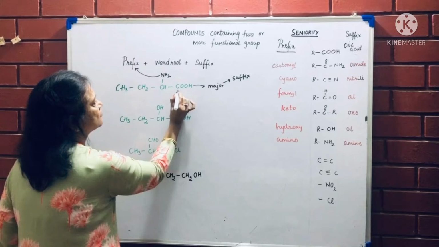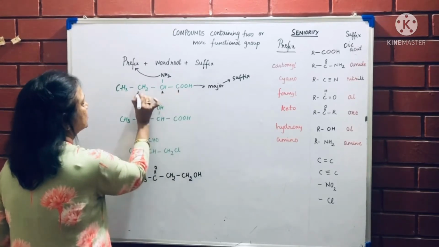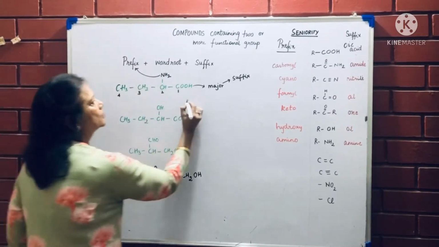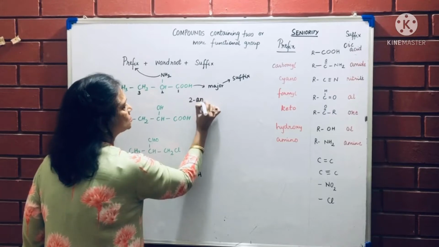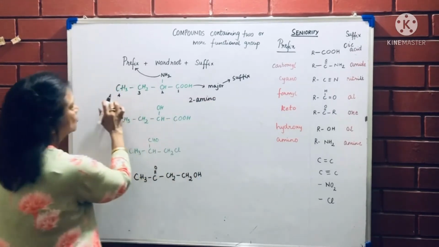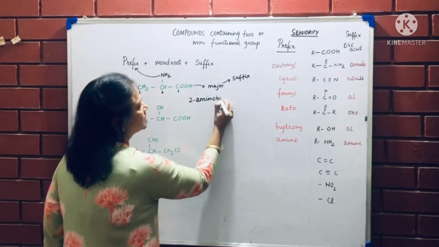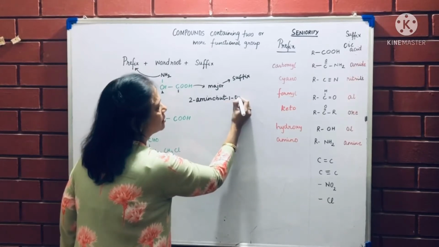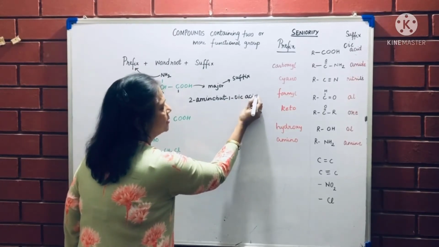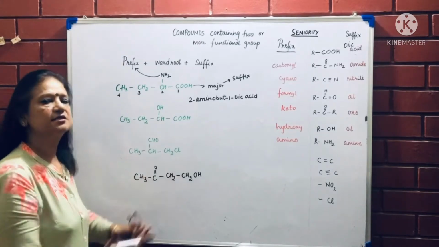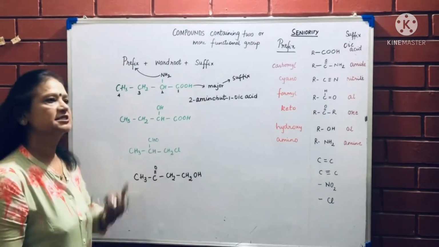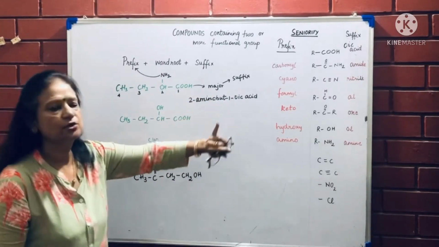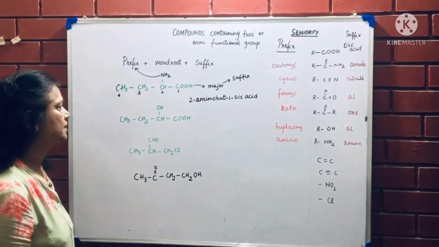I will give the major functional group the lowest number. So at place 2 is the amino group. So the prefix is 2-amino. The word root is 4 carbon atoms, so it is but-. At place 1 is oic acid, 1-oic acid. In fact, oic acid is always at the top, so it gets place 1 at the end of the chain. So you may also write butanoic acid or but-1-oic acid.